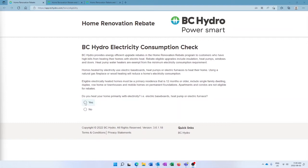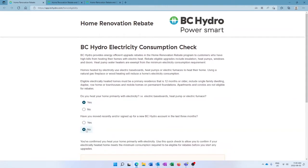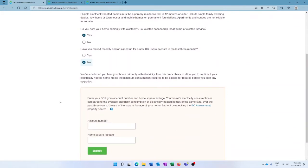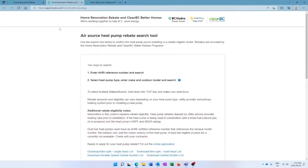You can read through that and it'll say, do you heat your home primarily with electricity? Yes or no? And then it'll proceed to ask you if yes, have you moved recently and or signed up for a new BC Hydro account in the last 3 months? Yes or no? And then the next step would be to go to